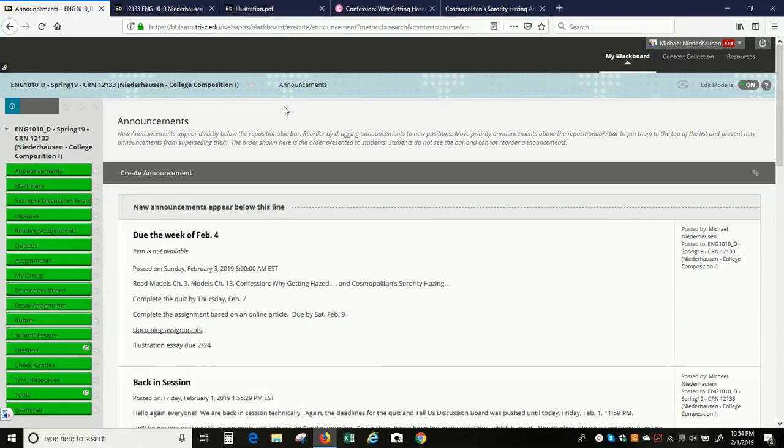So I'm going to go back to models. If you have your textbook, it's on 321. An illustration is, as the book says, the use of examples, facts, opinions, samples, anecdotes, or stories to make ideas more concrete and generalizations more specific and detailed. So basically you're going to write an essay where you illustrate what you're trying to say, again, through any of those ways: facts, opinions, anecdotes, samples,